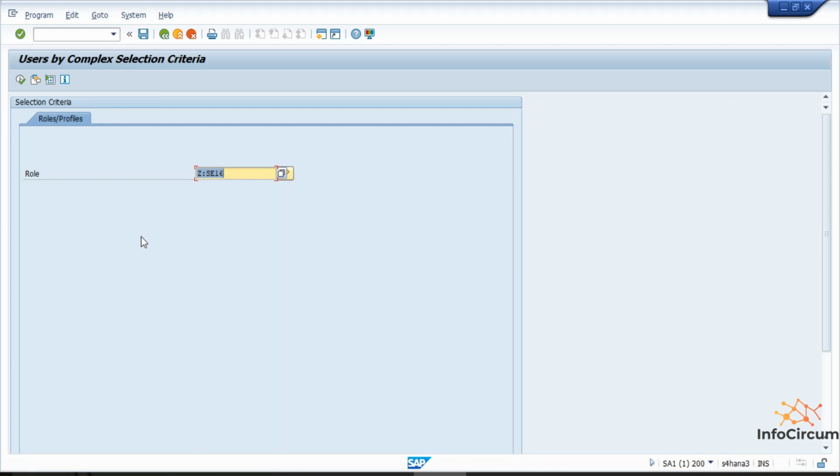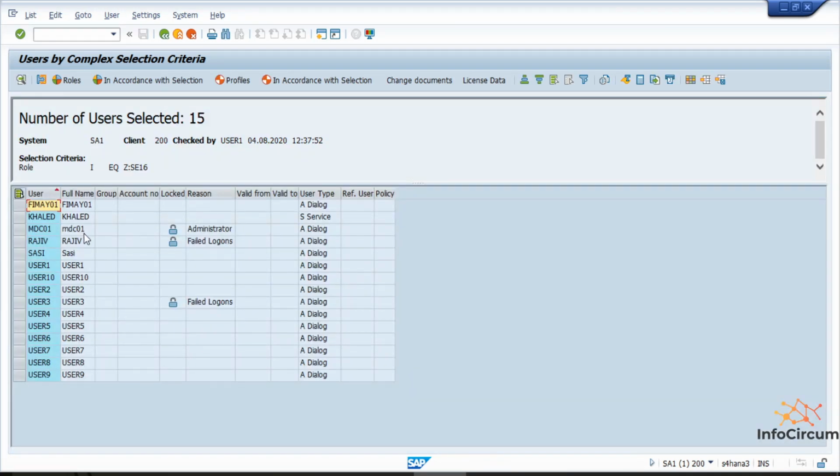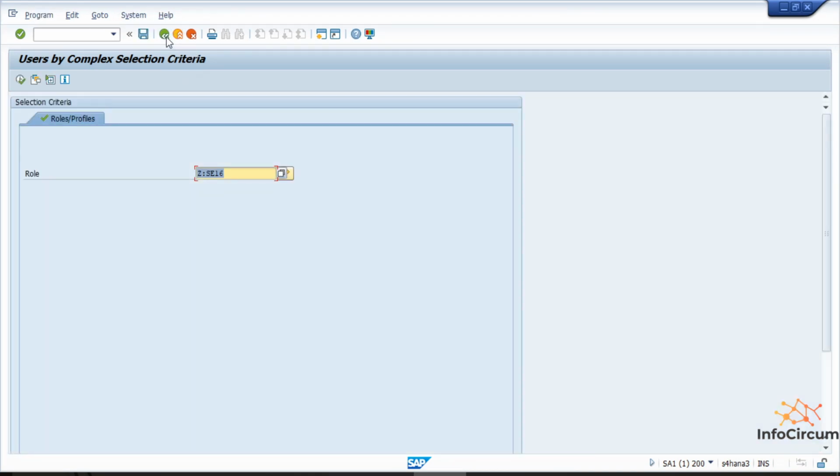So it will show the list of all the users who currently have the ZSE16 role assigned. See, these are all the users who have the role ZSE16 assigned, and the rest of the fields are the same. Their full name, locked, if the user is locked or not, it is shown here. The reason for the lock and the type of user. The rest of the things are the same.